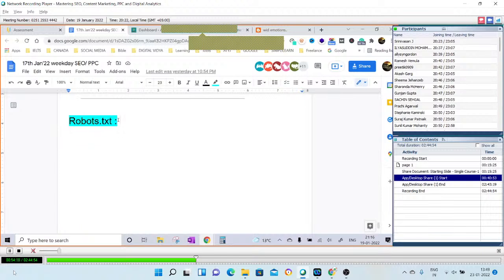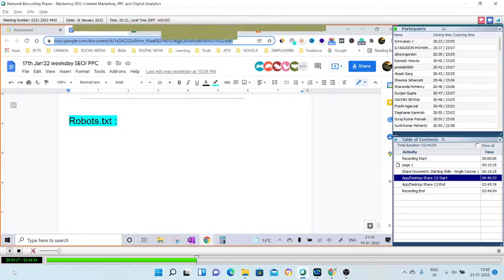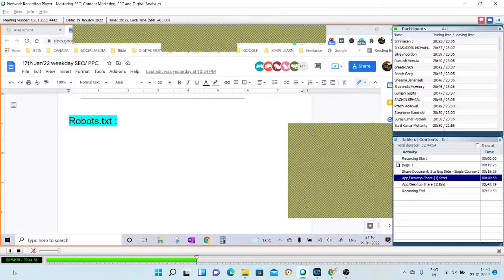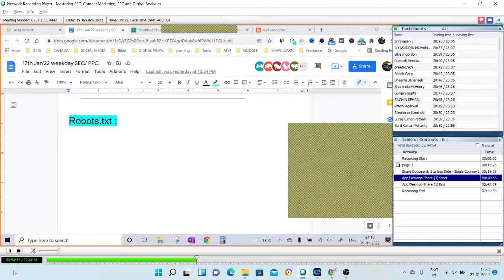As we have seen a very important file yesterday, the use of sitemap.xml is very important because it helps to locate the pages and it has to be submitted to Google. Otherwise, crawling and indexing is very difficult. Okay, I'm sharing the document link. In the same way, we have a file which is called robots.txt.